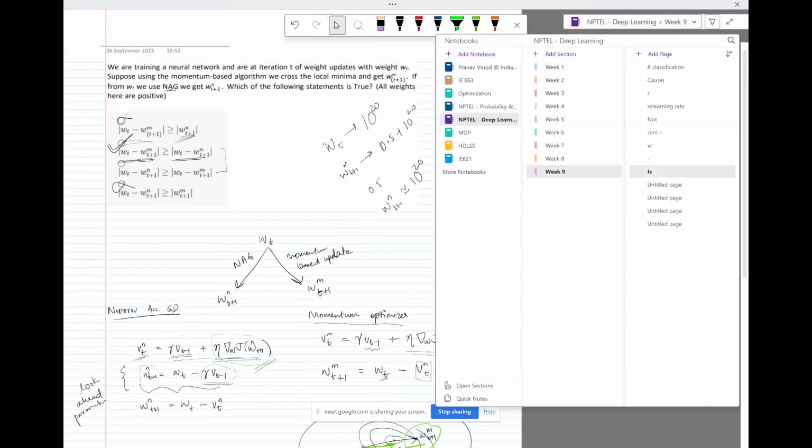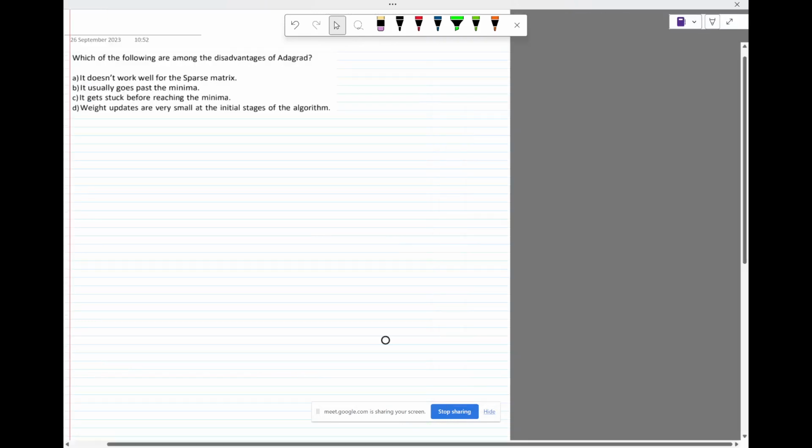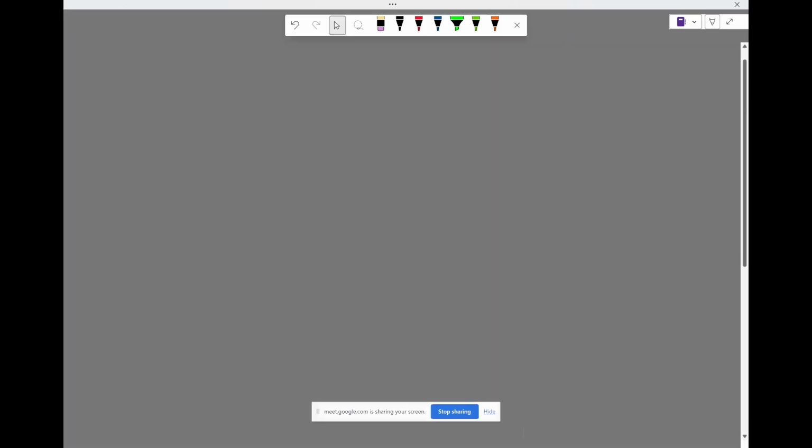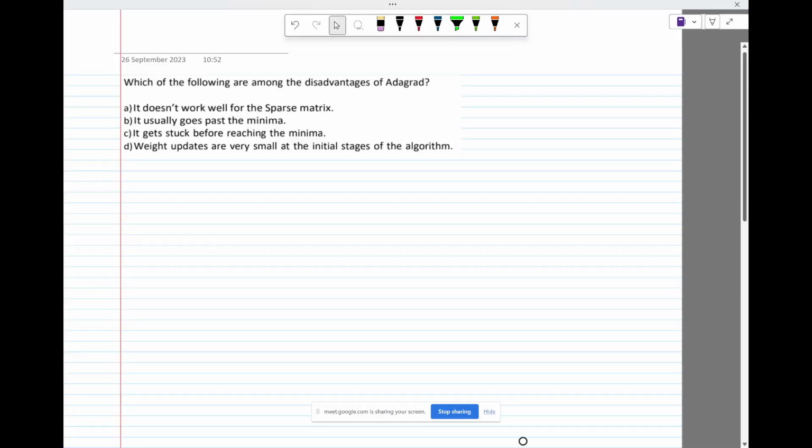So for these questions, you have to familiarize yourself quite well with how these algorithms are created. So this question is asking which of the following are among the disadvantages of Adagrad. So the Adagrad algorithm,